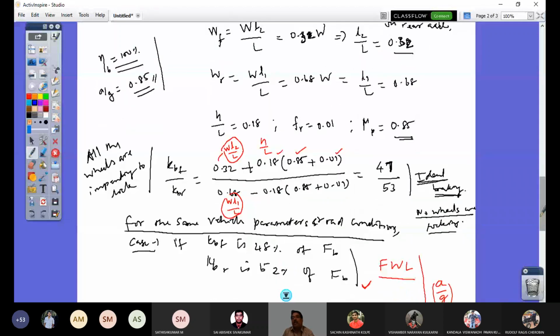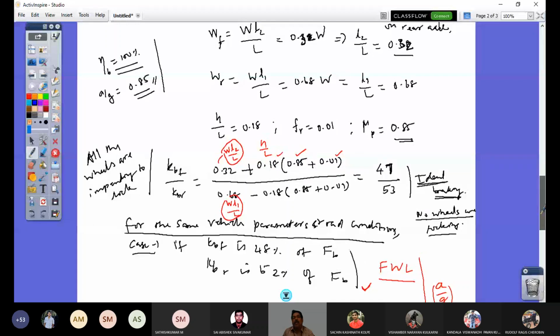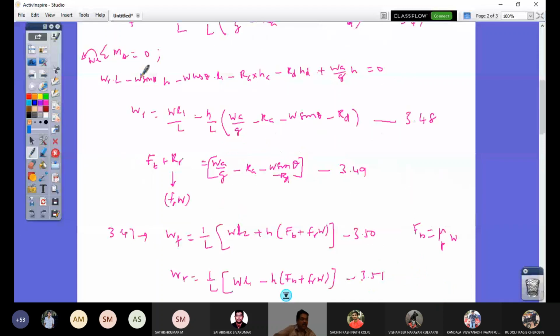So you are thinking that the grade load comes there, there is one of the moment components here, W L sin theta into H. You are asking a good question. That's what we feel intuitively, but the mathematical equation and the equilibrium is what is finally bringing in the whole physics. So you are thinking on this moment, right? Because of this weight component is down, so load is on the rear. How can it be on the front? That's what we are asking. So this is there by default on a grade.